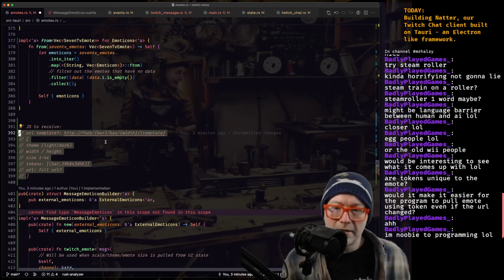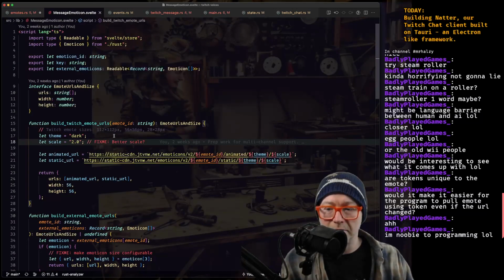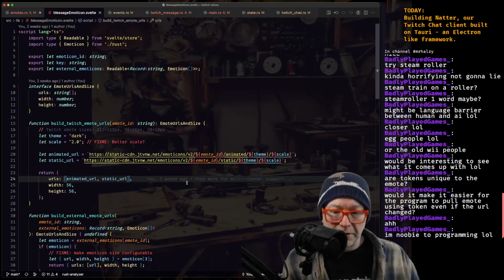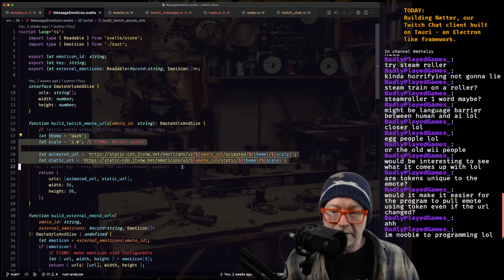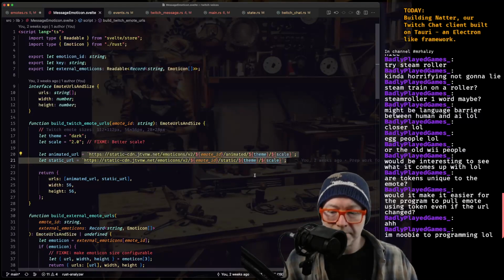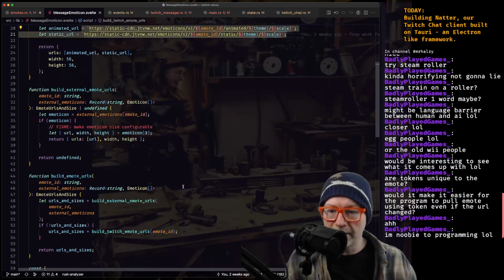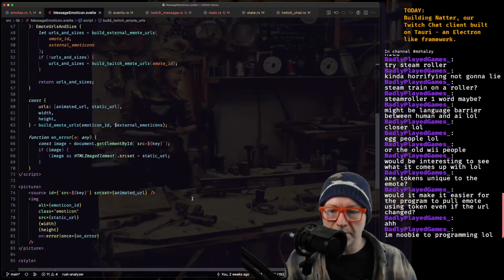If the data is the same on every invocation, then we're basically back to here. Not necessarily this piece where we're generating the emotes for Twitch. We could generate part of these ahead of time. Our external emotes.